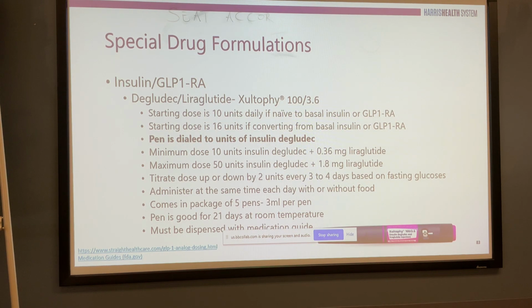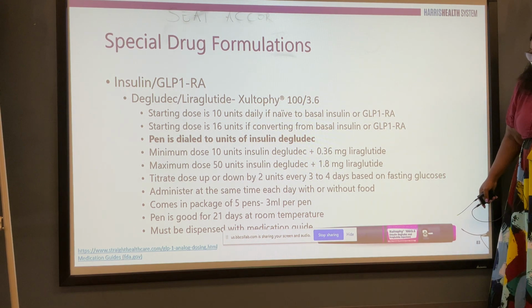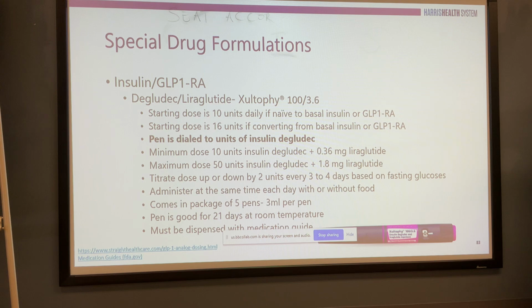So lastly, for our special drug formulations, we have the combination of insulin with the GLP-1 receptor agonist. Our first one is Zoltify, and it has Degludec mixed with liraglutide. And it's good to note that when you turn the dial of the Zoltify, you're dosing the amount of insulin. So basically, it's pre-mixed. When you go up on one product, you're going up on the other, and it's already